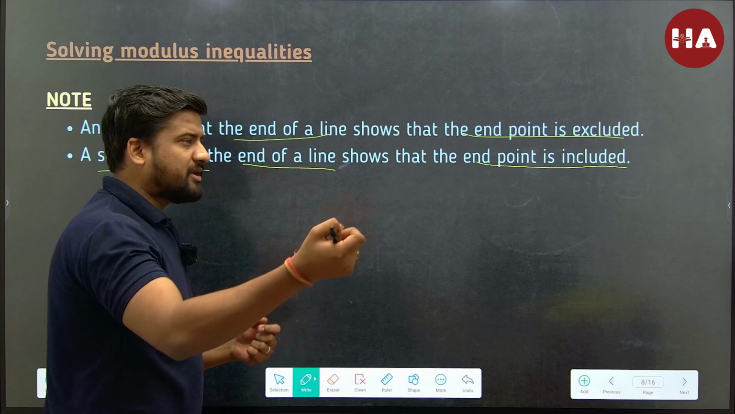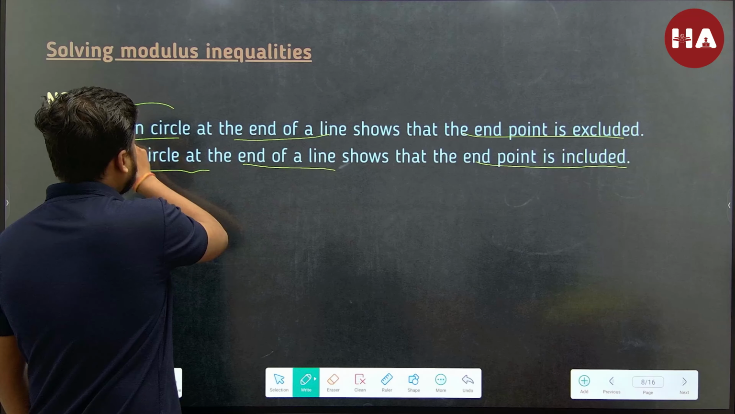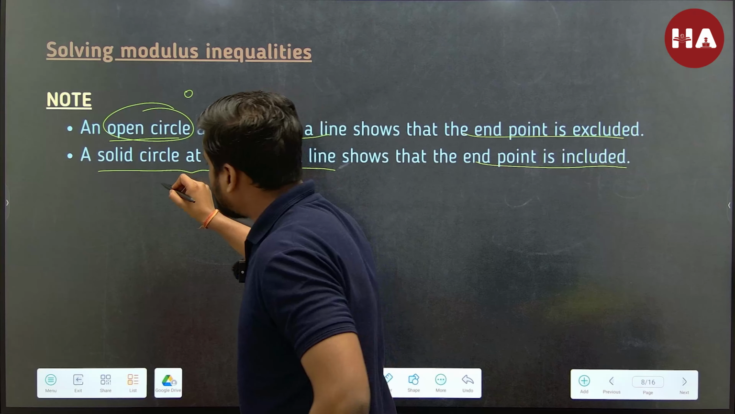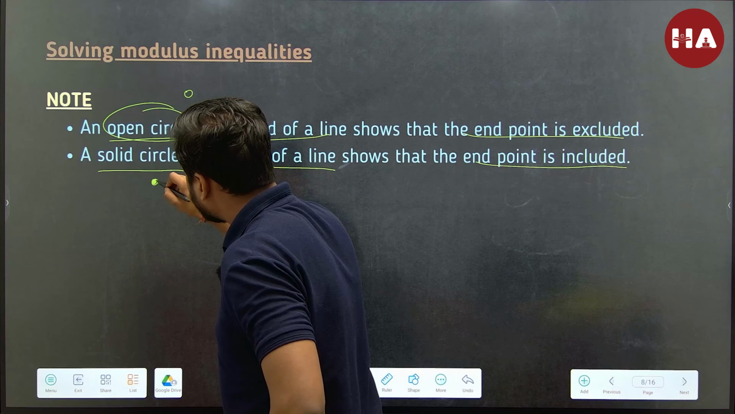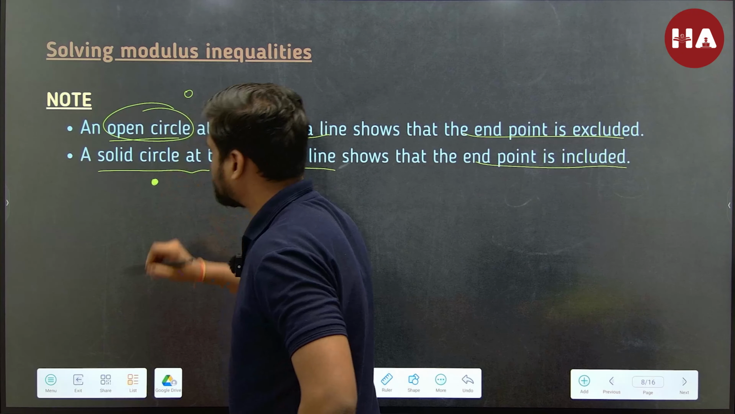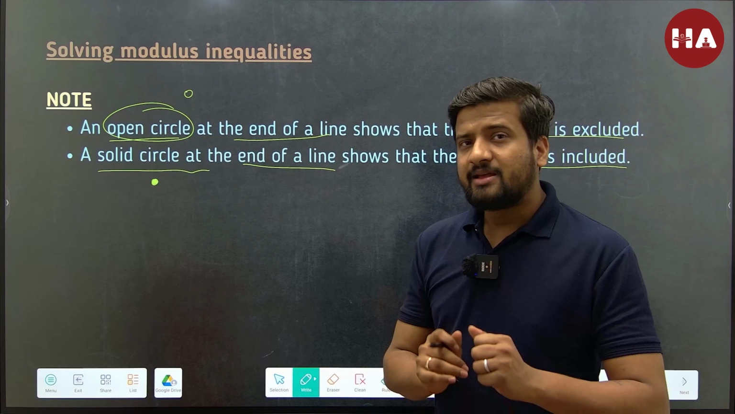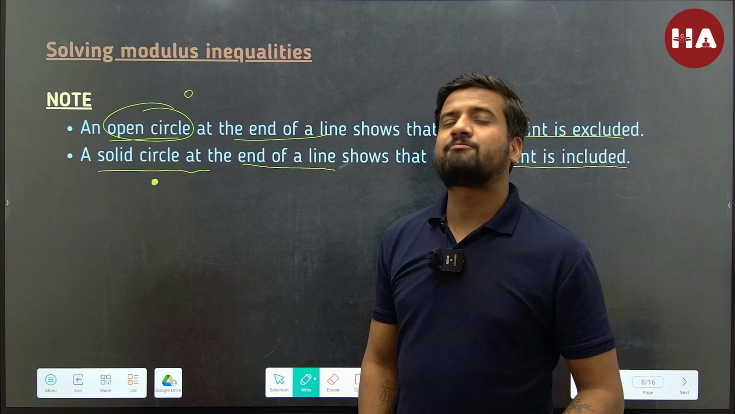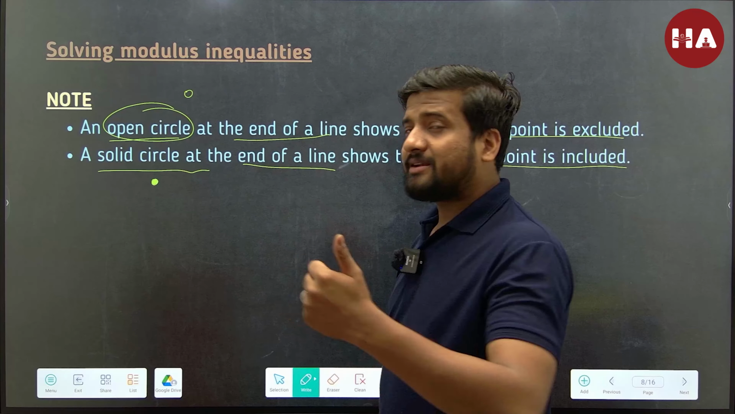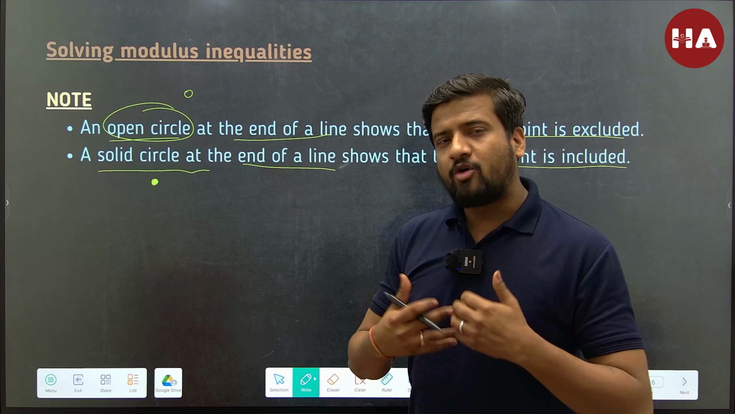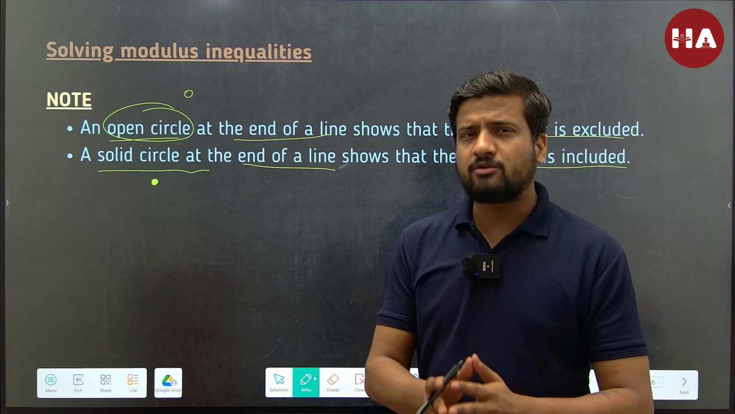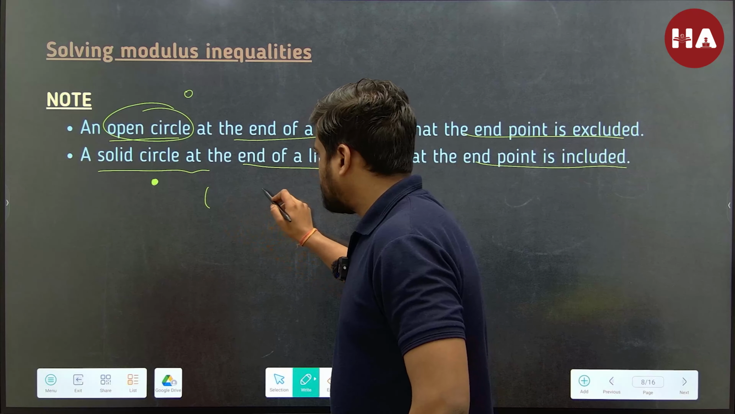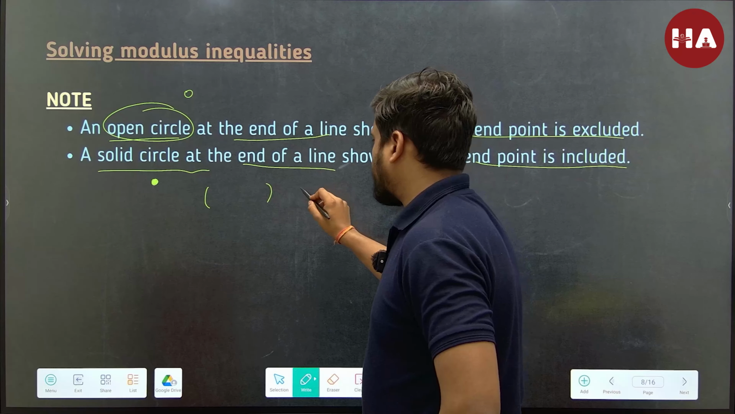So basically what they want to tell you is open circle, meaning this. A solid circle meaning this. That is the difference, right? There is one more way to represent this, that is using brackets. Now there are three types of brackets. I want you to know, I don't care whether you will be using it in this class or not, but you should know. Now the types of brackets are known as round brackets,